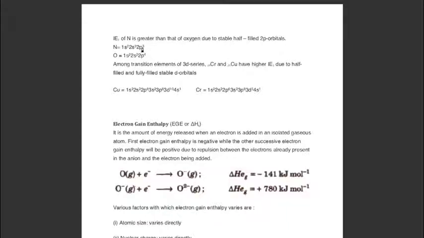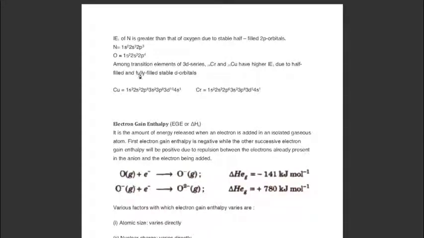More stability means the nitrogen atom does not want to lose its electron. So we have to supply more and more energy to take out an electron from its outermost shell. On the contrary, oxygen wants to remove one electron to get stable. When oxygen removes one electron, its configuration becomes 2p3, and in this way it achieves a stable electronic configuration and hence its ionization enthalpy is less. The more easily an atom wants to lose the electron, the lesser is the ionization enthalpy.